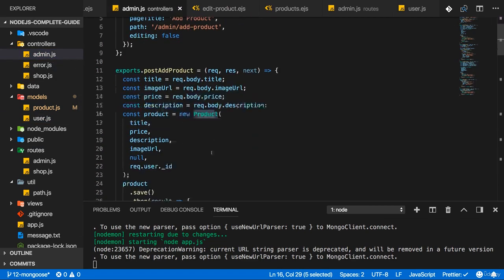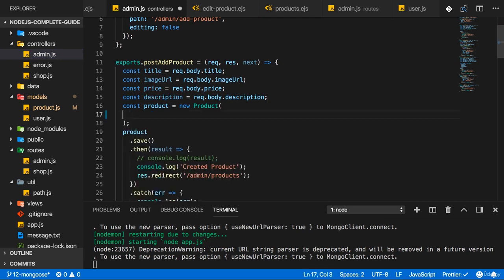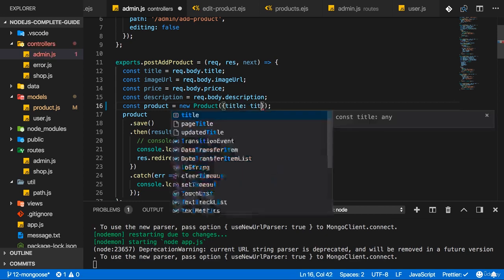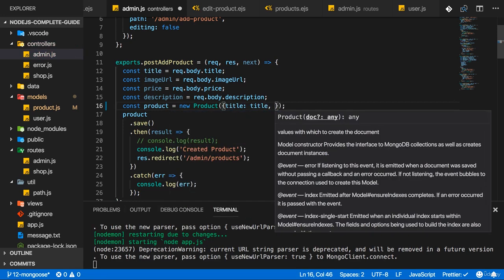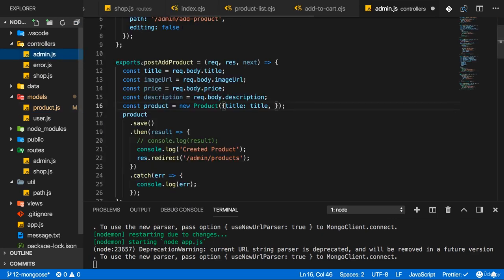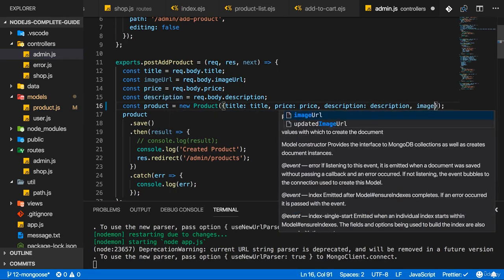To the product constructor, we don't pass multiple arguments like this. Instead, we pass one argument only, and that one argument is a JavaScript object where we map the different values we defined in our schema. So here I would map the title to the title, and you basically now have to go through all the fields you defined in the schema. The order does not matter though, since it's in a JavaScript object. So you then map, let's say, price to price, you map description to description, and you map the imageUrl